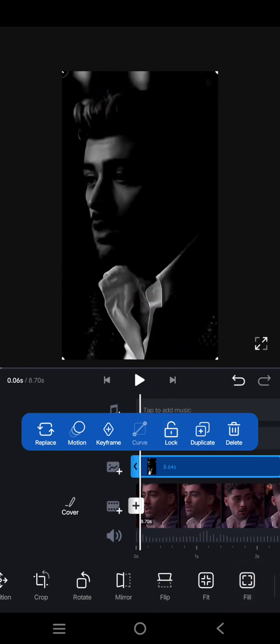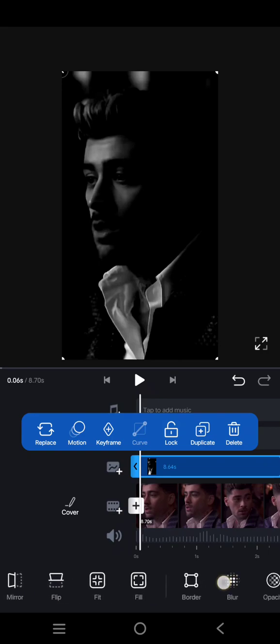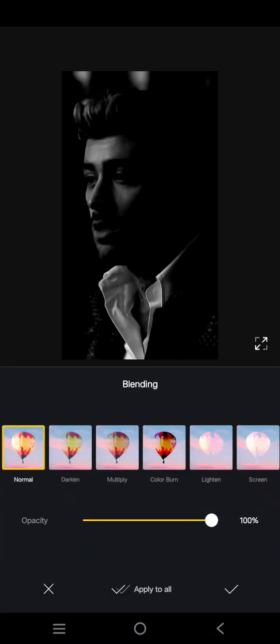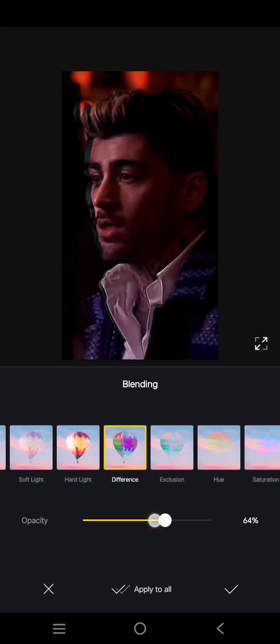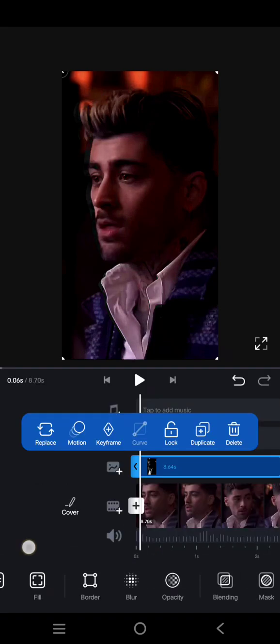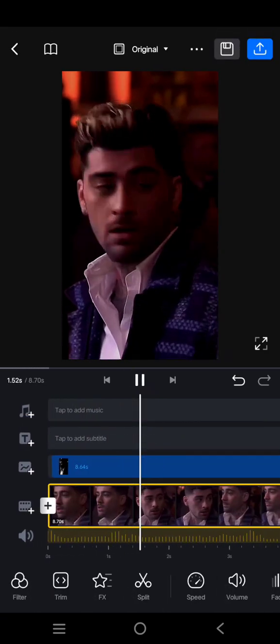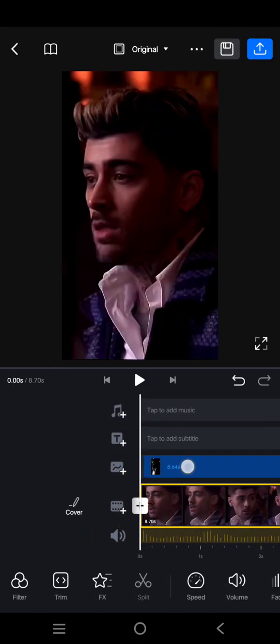this canvas, and after that you can find blending and choose this mode, the difference, then just adjust the opacity to your liking. I'm going to go with 38, click on the check icon, and that's it. So this is the new quality,